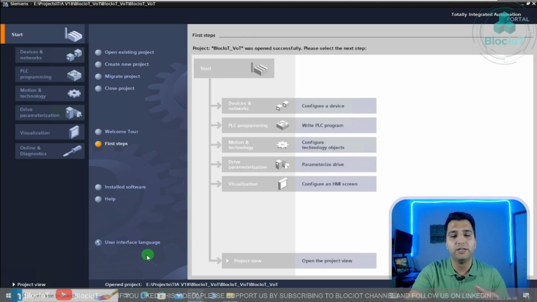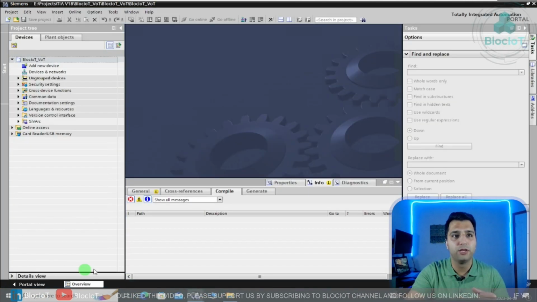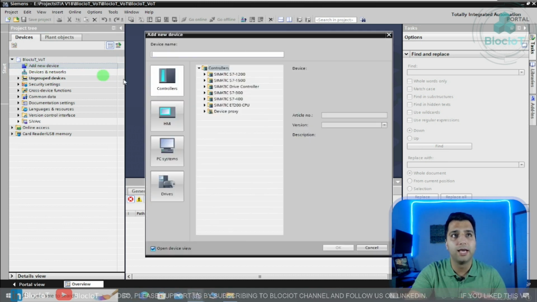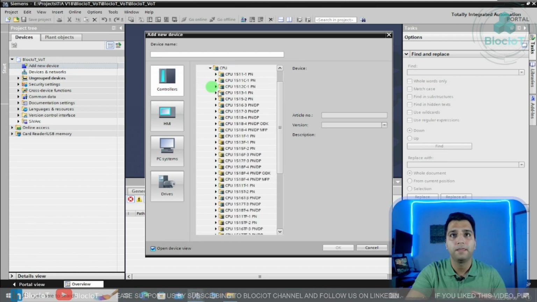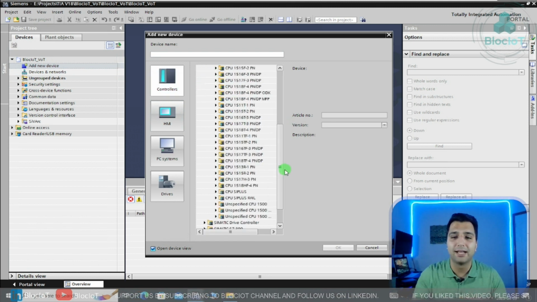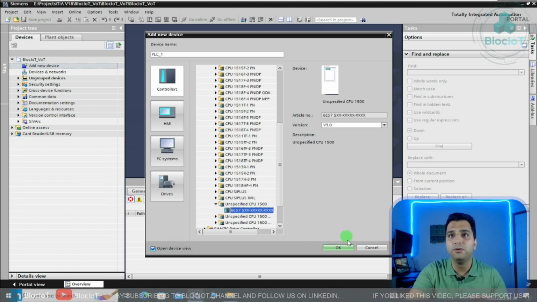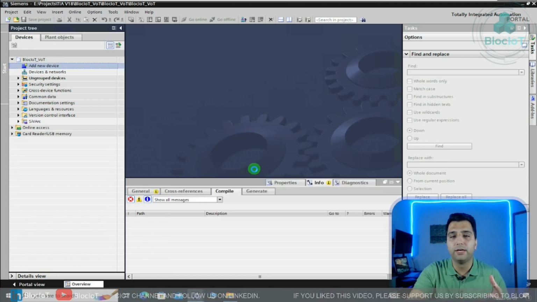Once your project is created, you can just switch to the project view and add your PLC and hardware and start doing the rest of the configuration. So I simply go over here and click on add new device. I know I have a 1500 CPU. Because I don't know exactly the part number of my CPU, I simply select unspecified CPU,